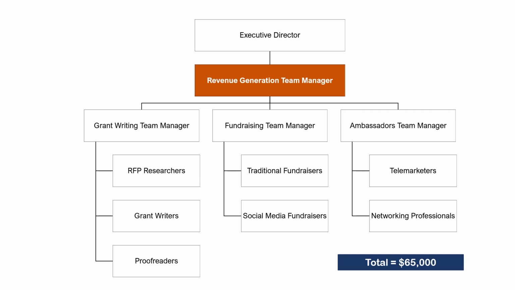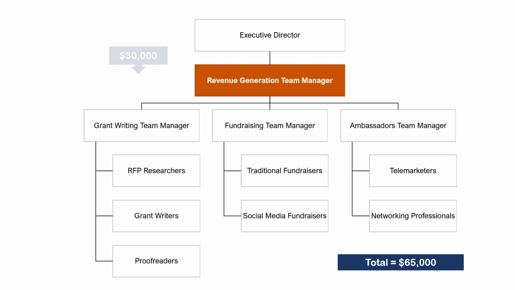Now let's talk about the process of putting this all together. Let's say that your nonprofit organization needs $65,000. I'm all about creating a revenue generation team. You need a revenue generation team in order to successfully generate revenues consistently for your nonprofit organization. So the executive director has already said, based on what we plan to do in the community, we're going to need $65,000. That's already been done.